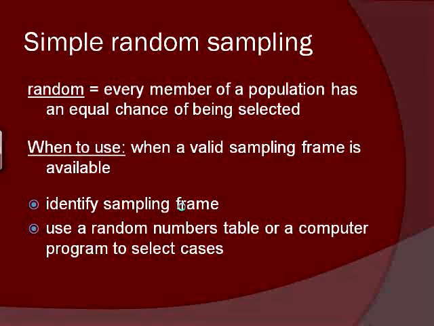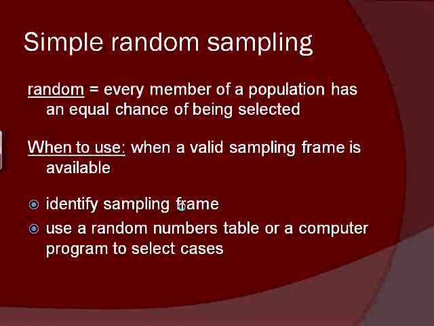So if you do have a valid sampling frame, you can use simple random sampling. Once you have all of your members of the population listed, you need to number all of the members in your population and then use either a computer or what we call a random numbers table. That is a table that contains a listing of randomly generated numbers, and you can use it by tracing your pen alongside it to simply select random digits and define then the corresponding members of the population